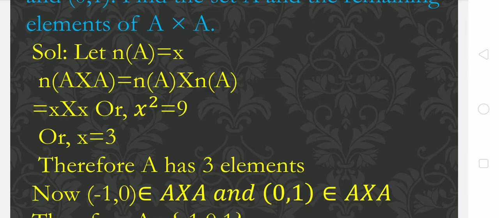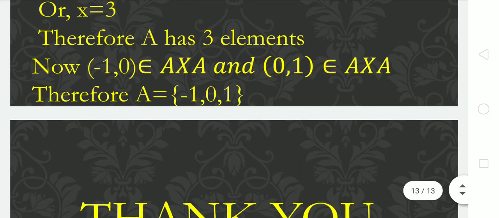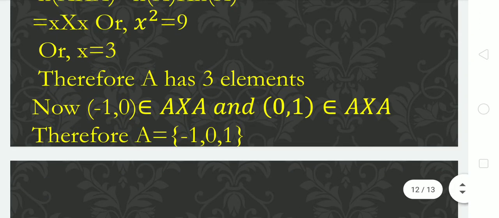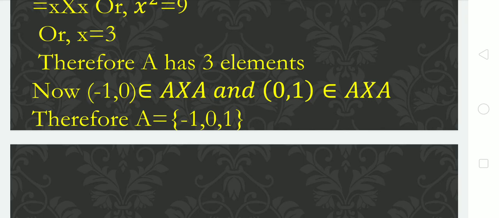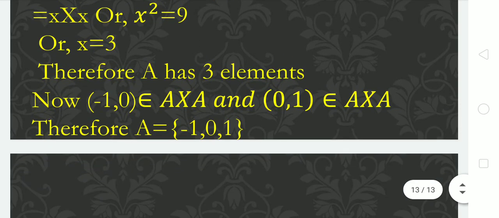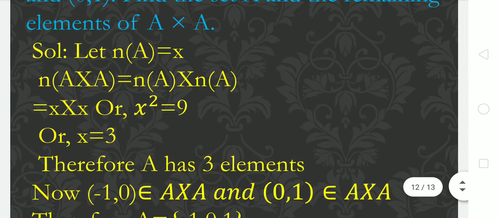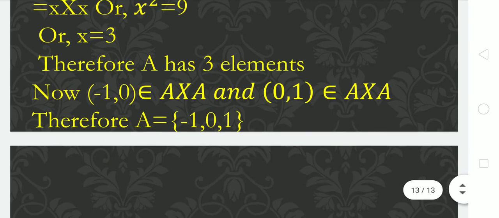Now (-1, 0) belongs to A cross A and (0, 1) belongs to A cross A. First and second elements both are from A. So we are getting 3 distinct elements from the 2 ordered pairs: -1, 0 and 1. So A will be {-1, 0, 1}. So we have to find all other ordered pairs also. So {-1, 0, 1} cross {-1, 0, 1}. 3 are given, the remaining 5 you have to list. Which 3 are given? (-1, 0) and (0, 1) are given. So that will be (-1, -1), (-1, 1). After that you get (0, 1), (1, 0). All these, there will be 5 other